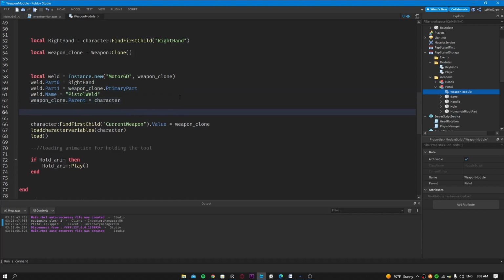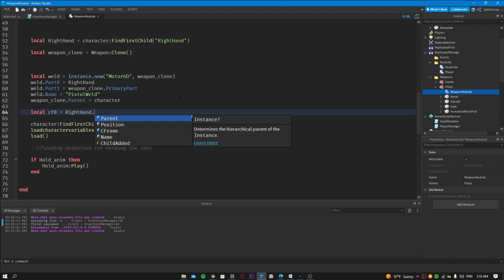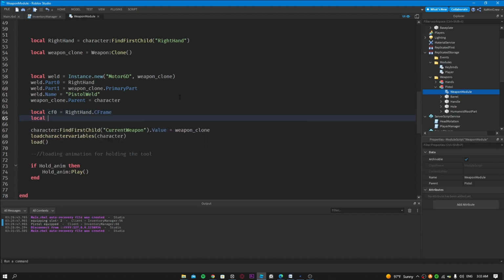Okay. So I'm going to create a CF0. This is going to be the target part, so this is going to be the Part0, so RightHand.CFrame, and CF1, which is going to be CFrame.new,